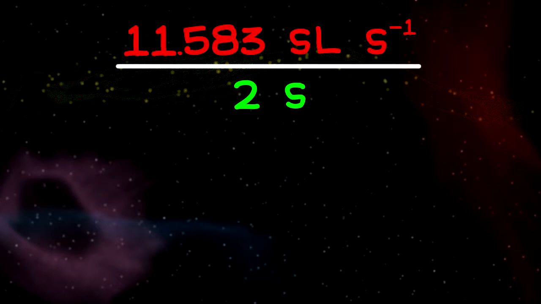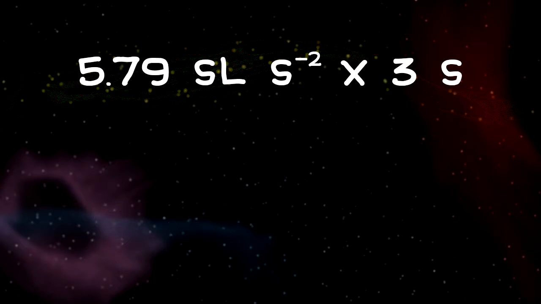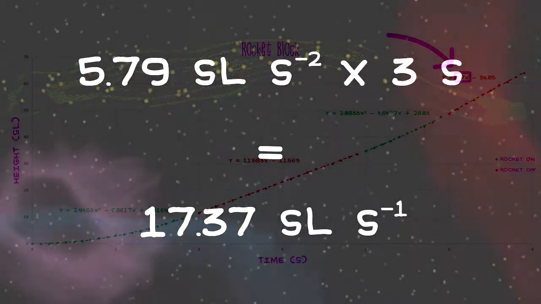Since we're assuming that the rocket provides constant acceleration, we can determine what that acceleration is by dividing the speed of the first red portion by the duration of the first green portion. This gives us about 5.79 lengths per second squared. Then, if the acceleration really is constant, we should be able to multiply this acceleration by the total amount of time it's spent accelerating, which is 3 seconds, to get the final speed of the block, which is its speed during the second red portion. Thus, we multiply by 3 seconds to arrive at 17.37 lengths per second,